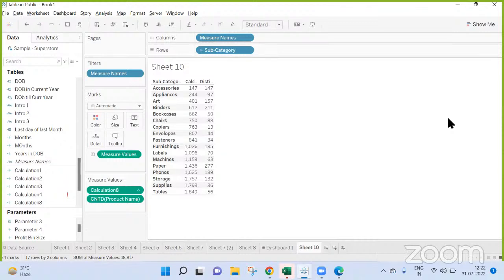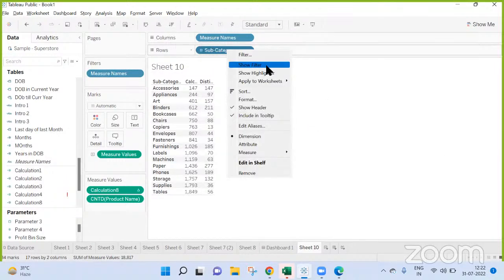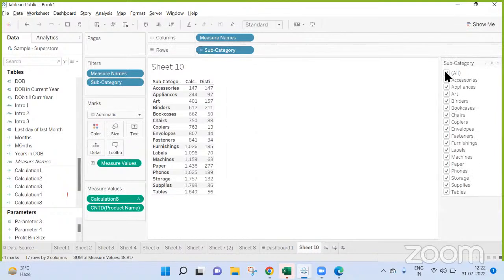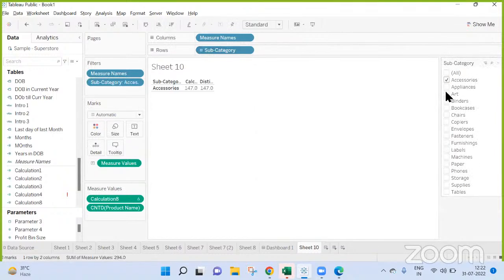Not clear. You are saying if I select accessory and art, the combinations are made. Yeah, the same is showing for me, but the combinations are made like accessories, then accessories plus appliance, meaning A is separate, A plus B, the third row is A plus B plus C. But you have these values as well. You have these values also, right?